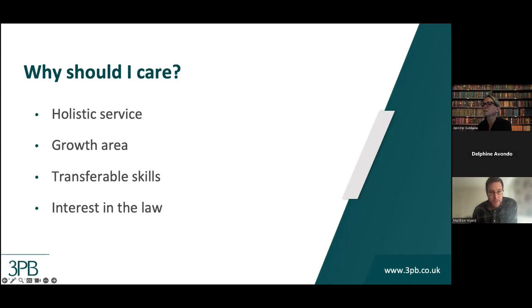As family lawyers, you will have transferable skills that allow you to get to grips with Court of Protection work fairly easily. The big one is the soft skills. You can learn the legal stuff, and we'll talk about the legal side shortly. What you can't learn so easily is how to actually speak to people, how to gain their trust, which you need to do in COP, just like you do in family law, potentially in ways that you don't in other less emotionally charged areas of law. Point number 4 is that if you've got an interest in the law, then you'll like COP.